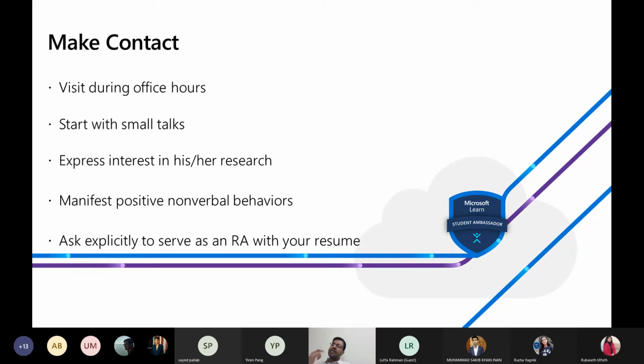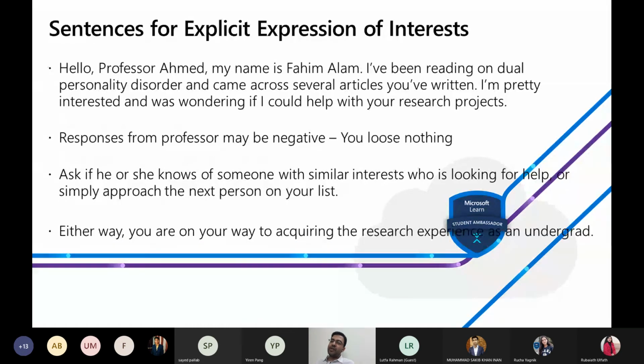So follow a certain path. And then if that person says, okay, sounds good, you are interested, why don't you just send me an email with your resume? If you have a hard copy of your resume with you, then just give it to that person right away. Or you can just tell him that, okay, I will send you an email today. So in that way, make contact with a potential supervisor.